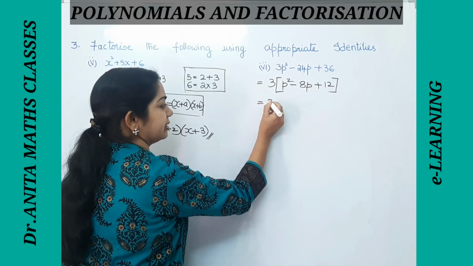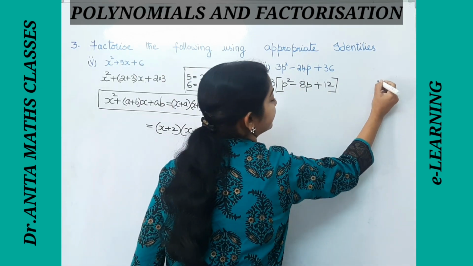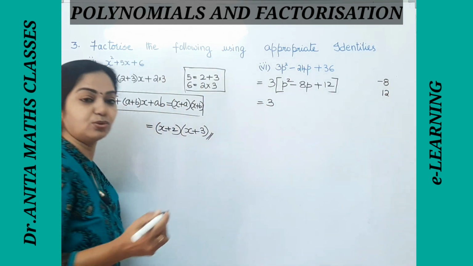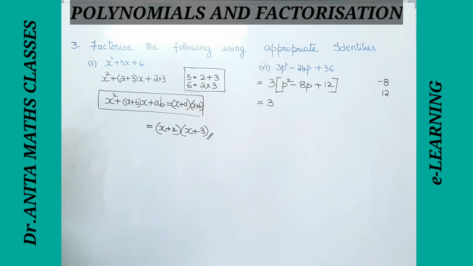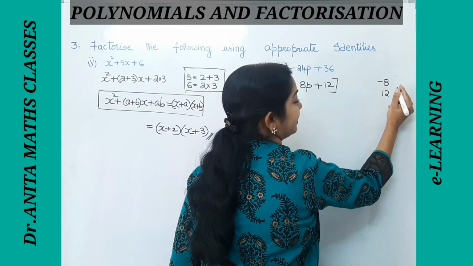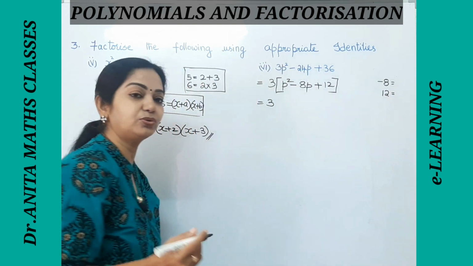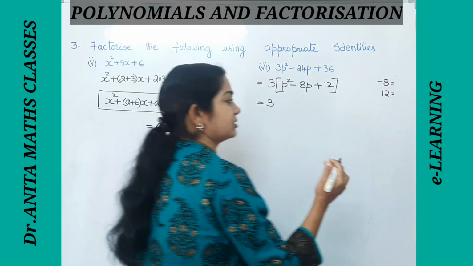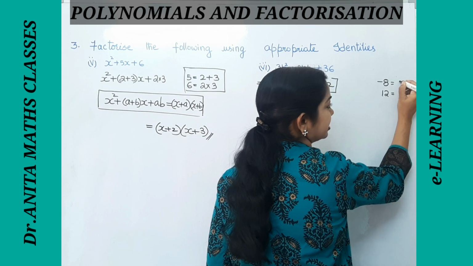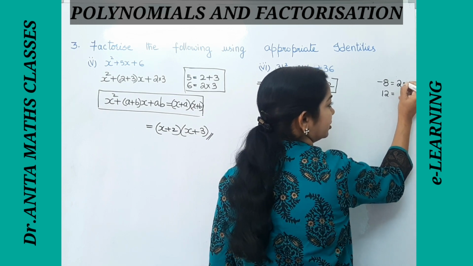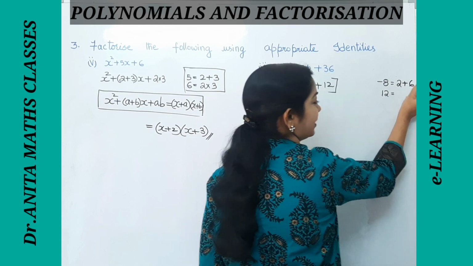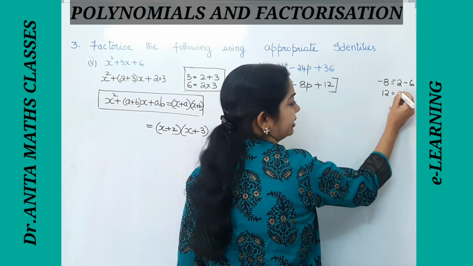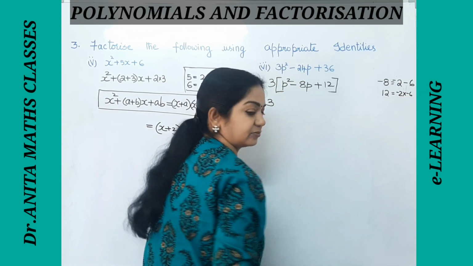Now, here, let us keep this as it is. And now, here our sum is minus 8 and the product is 12. So choose such numbers which if you add them you get minus 8. If you multiply them you get 12. So 12 has 3 and 4, 1 into 12, all these are factors, 6 and 2, okay. So 6 and 2 work, 4 and 3 do not work out. So 6 and 2, if I take 2 plus 6, okay, 2 plus 6 is 8, but I have to get minus 8. So I'll be writing minus and minus. And here minus 2 into minus 6, okay.